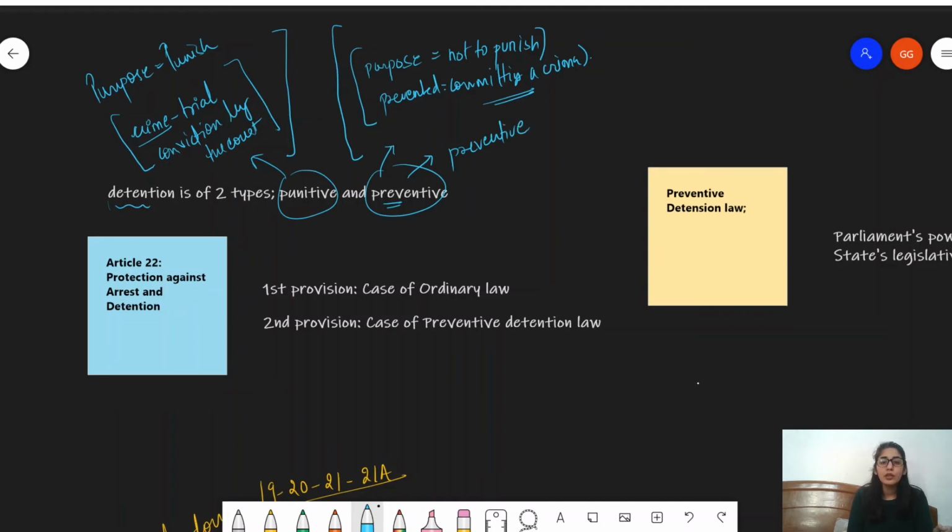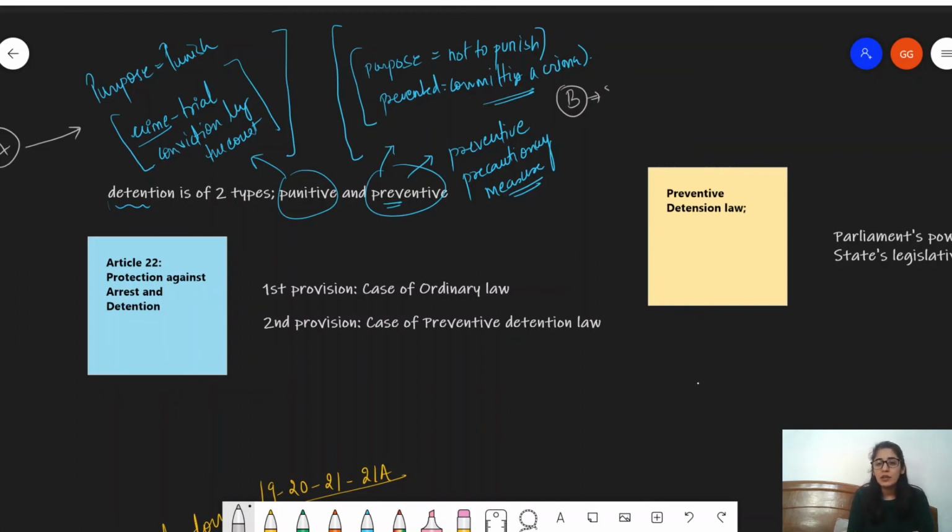This is a precautionary measure. Okay, this is simply based on suspicion. Let me explain this to you with an example. Here is this A person. This A person has committed the crime, all right, and then on the basis of that crime, the court has awarded him punishment, right? This is the situation with the A person. Now, this B person is somebody who has not committed the crime. Our aim here is not to punish him. Our aim is only to what? To prevent him from doing something in the future. All right. So this is a precautionary measure.